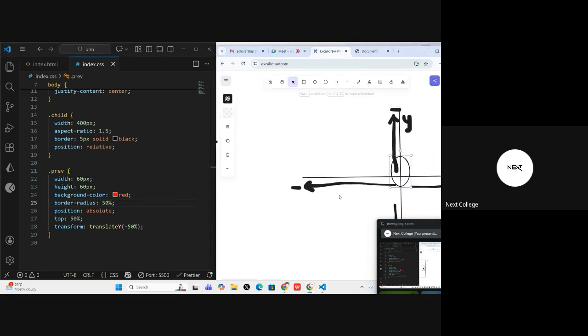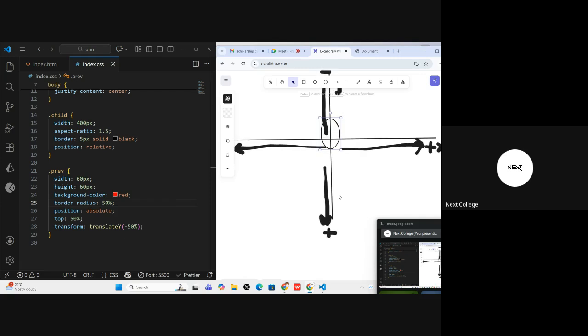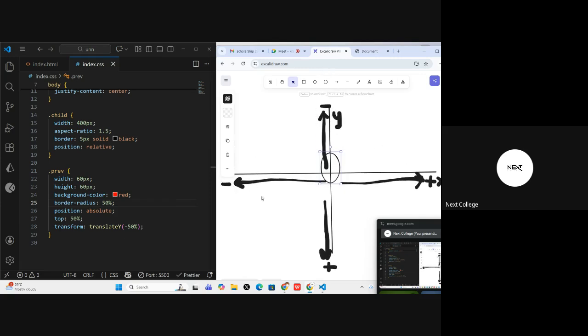Since we're moving relative to ourselves, it must understand this was our graph, this was our circle, and anytime we are transforming, we are going to translate this circle either in the y-axis, whether it's negative y-axis or positive y-axis, or negative or positive x-axis,